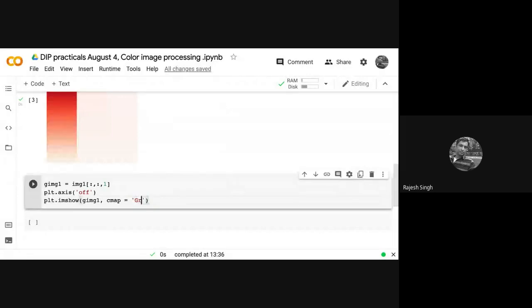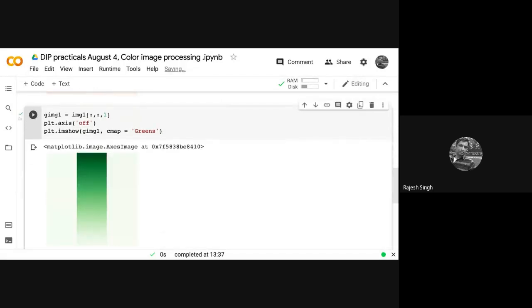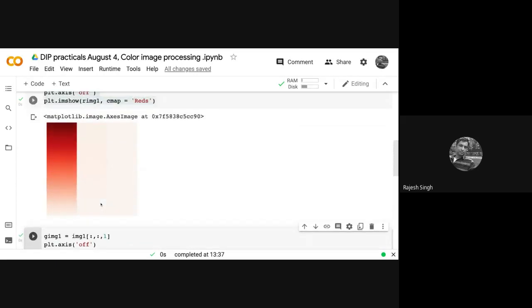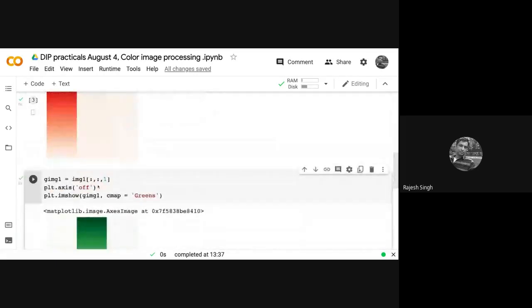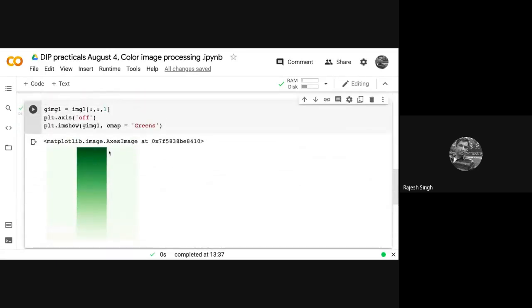And you can guess here. This is Greens. Because if you don't put this, I'll show you. Let me first put this and show. Remember, you extract the green. Very little green is here. Very little green is here. So you extract the green component from the original image. If you don't put this, then the color map selection by Python is fairly random.